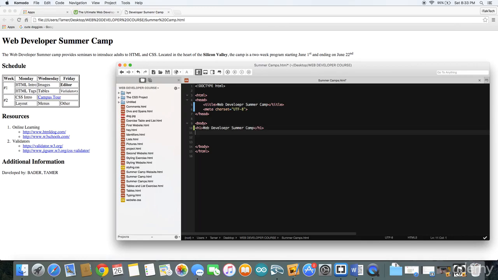Alright, what's next? Well, we have a paragraph, so we're going to use a paragraph tag. So it's going to be bracket P bracket. Now all we're going to write is this text over here. So we're going to write the Web Developer Summer Camp provides seminars to introduce adults to HTML and CSS,